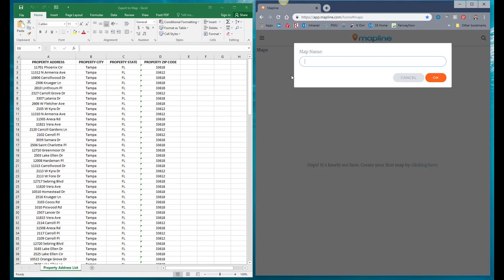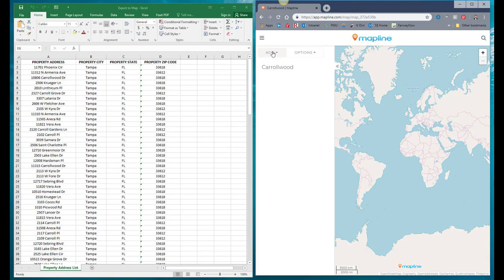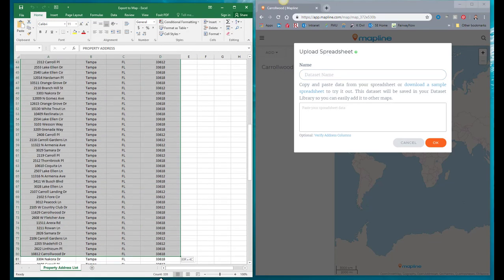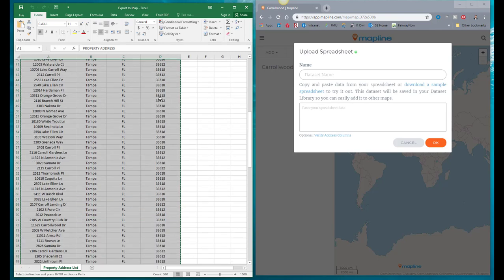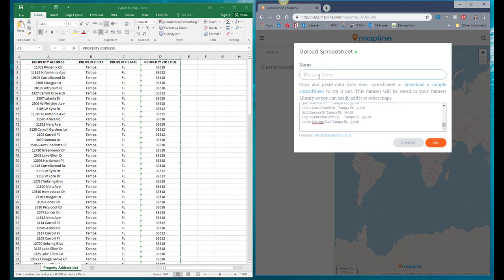Basically, in Mapline, you're going to come in, you create a Mapline name. It's a very simple procedure. Then once you have that, you're going to add addresses to it. So all you do is hit add and upload spreadsheet. That'll give you the opportunity to highlight all of your addresses, right click to copy, and then go into the box, right click to paste. You can name it